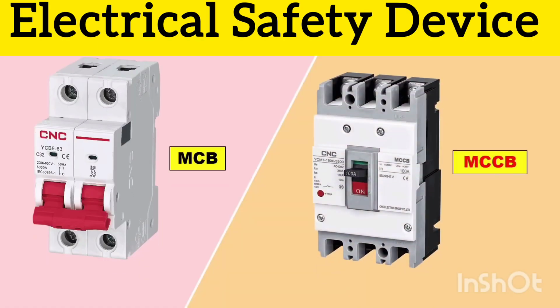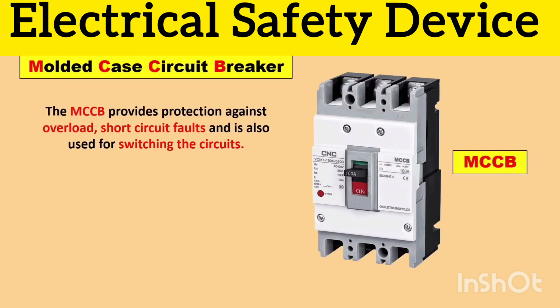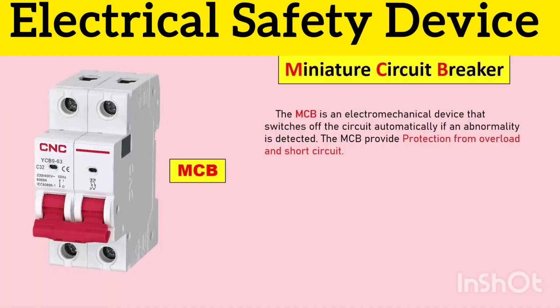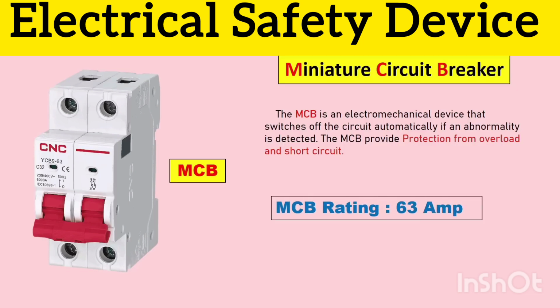After this, next device is MCCB, molded case circuit breaker. Friends, the MCB you have, or if you are going to buy a MCB, then a maximum of 63 ampere rating MCB you can buy. These days you can find a 100 ampere rating MCB also, but before till 63 ampere rating MCB were available in the market. Now if you want a protection device of even higher rating, then in this condition you have